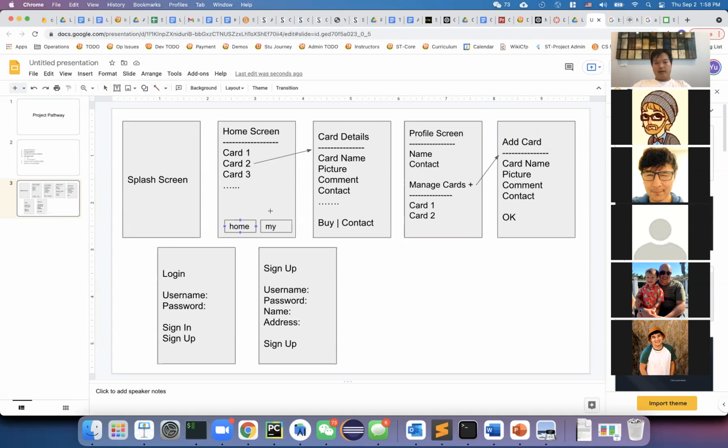All right, so if you connect all of this together, this button is going to take you to this profile screen. And if you want people to go to login first, that's fine. Or you can just let them go to the home screen, that's also fine. And the sign up actually will go to here. And once you finish the sign up, you go back. And once you finish the login, it's going to go to the home screen. All right, so this is the design.